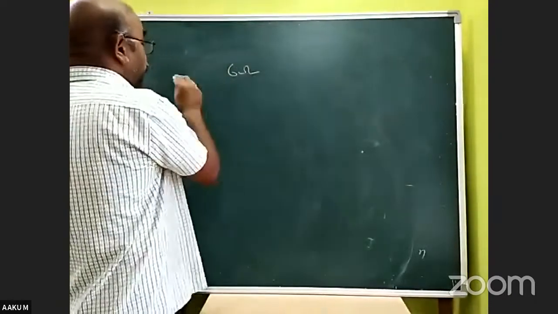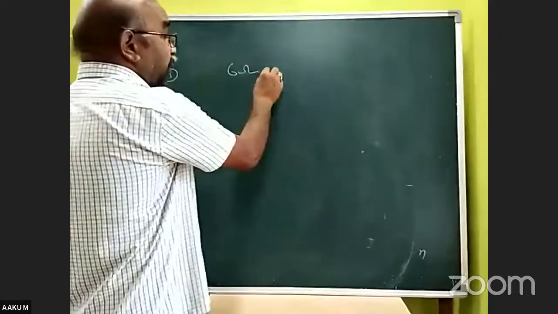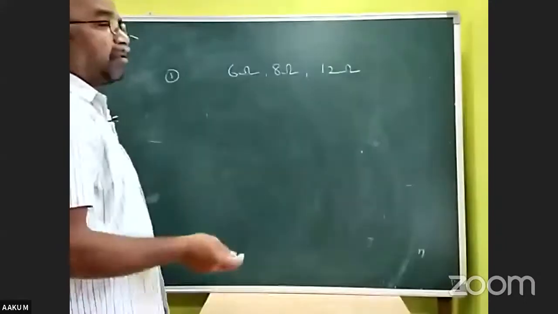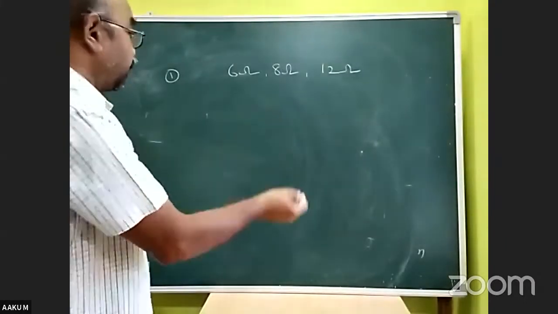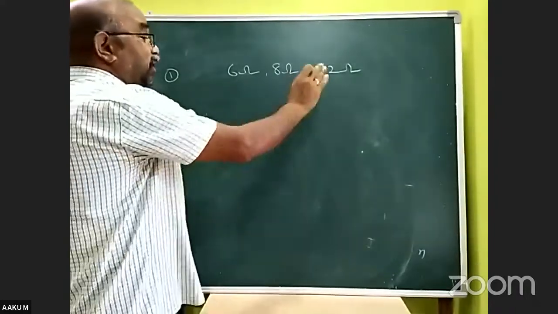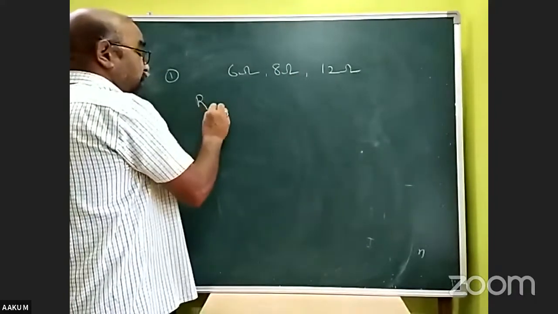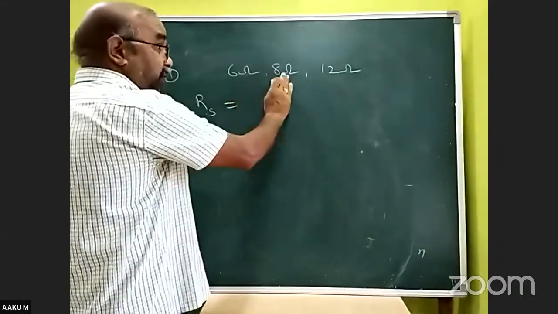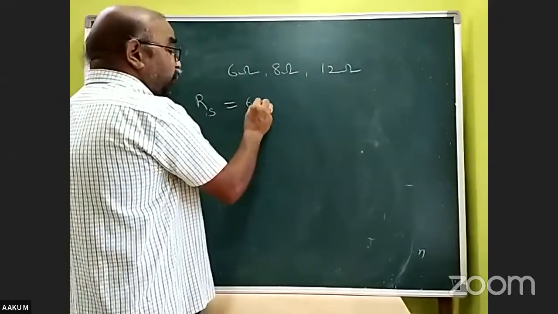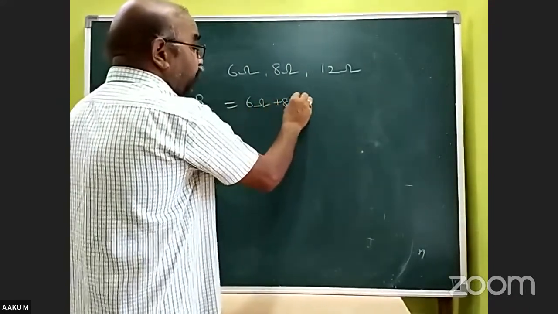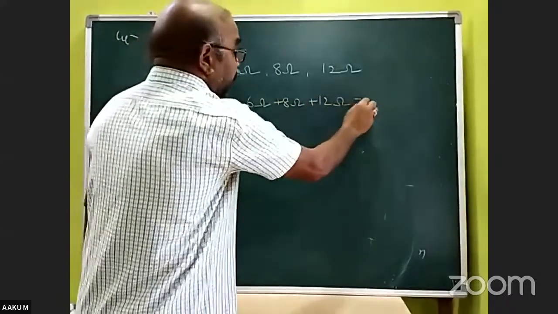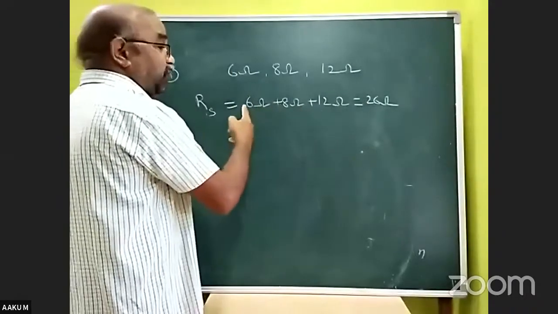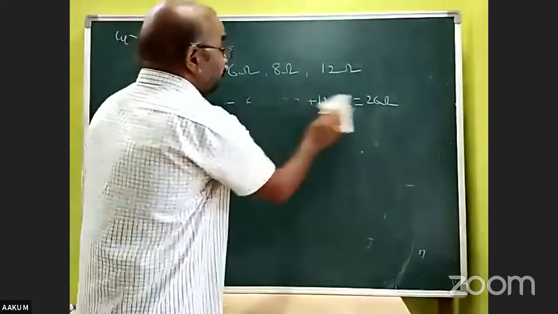Today, problem number 1. 6 ohm, 8 ohm, 12 ohm resistors are connected in series. In series, what is the resultant resistance? The resultant resistance in series combination is R1 plus R2 plus R3. So 6 ohms plus 8 ohms plus 12 ohms, that is 26 ohms, isn't it? 12 plus 8, 20 plus 6, 26. If these are connected in parallel,